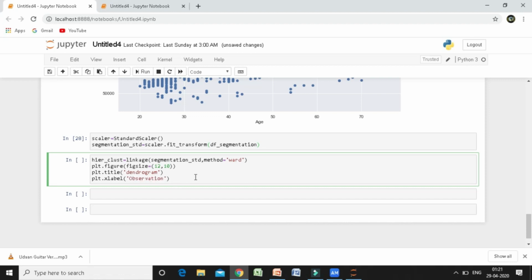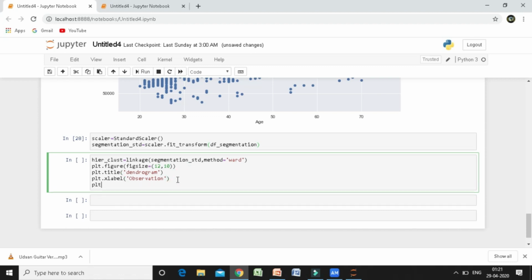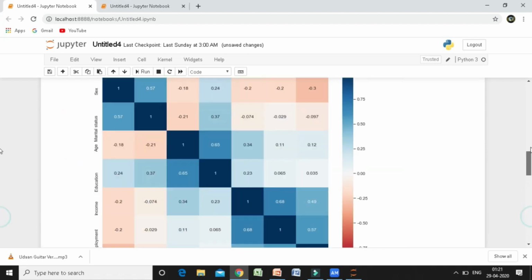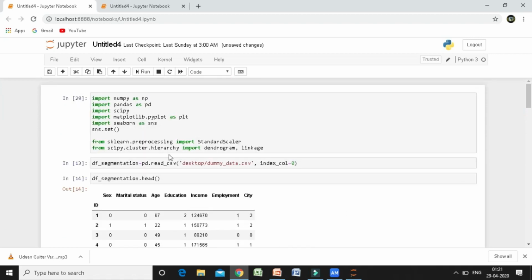And in y-axis we will be having the distance between the observations. So plt dot y label, then again under commas we will write distance. Now what we need to plot? We need to plot dendrogram.